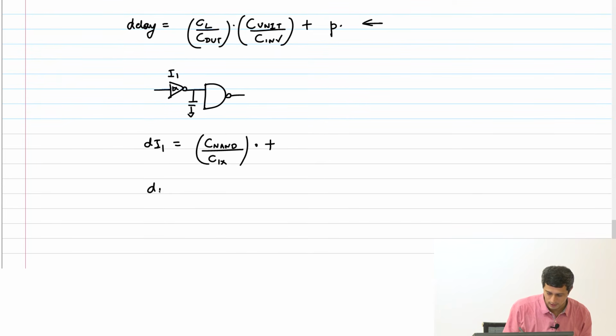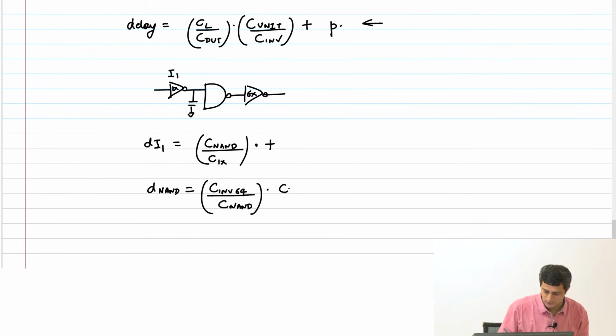Similarly, the NAND delay will be, I have an inverter here which is 64x, right? C_inverter 64x by C_NAND into C_unit by C_inverter, plus the parasitic delay. On the other hand, when I took the second path,